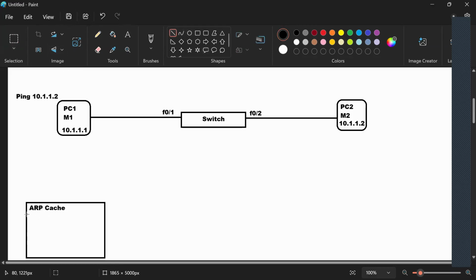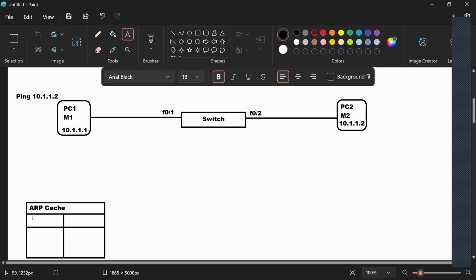In the ARP cache, we have the IP-to-MAC mapping. So let's say this is the IP address and this side we have the MAC address.